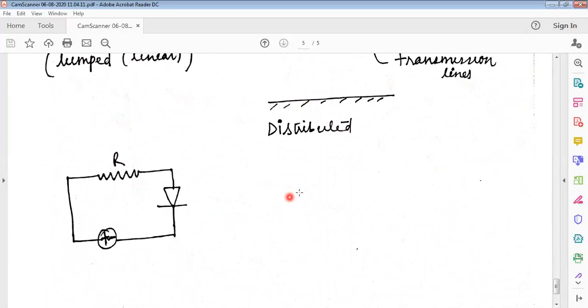So that's all for today's class. Next class we'll discuss another topic. Or next class we'll do some examples or problems related to how to find the equivalent resistance, how to find the equivalent capacitance, or how to find the equivalent inductance, or related to KVL and KCL. So next class we'll do some examples and then some new concepts related to star and delta conversion, transformation. So thank you for today's class.